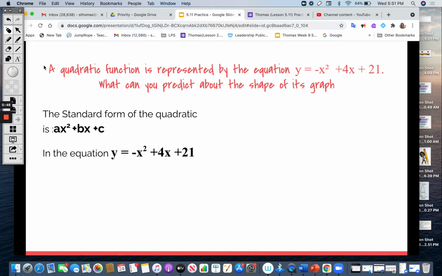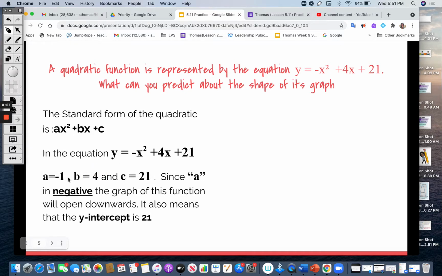So if we look at the values for each of the coefficients and terms in the equation, well, we can see that the a in this equation is negative 1, the b is positive 4, and the c is 21. Now, since a is negative, we know that this is going to be a function that opens downwards. The c being 21 also means that the y-intercept for this graph is